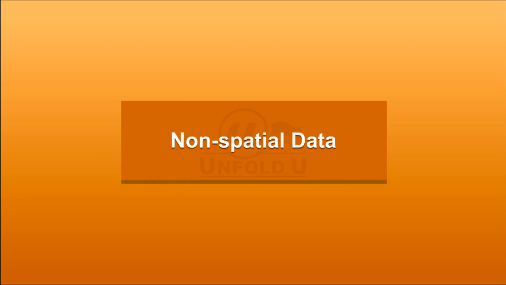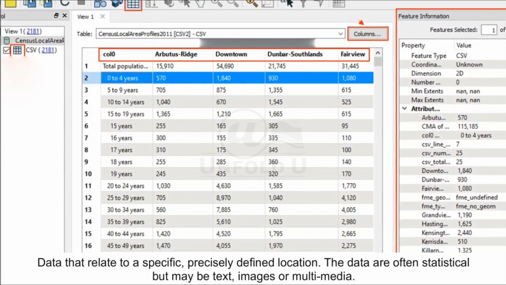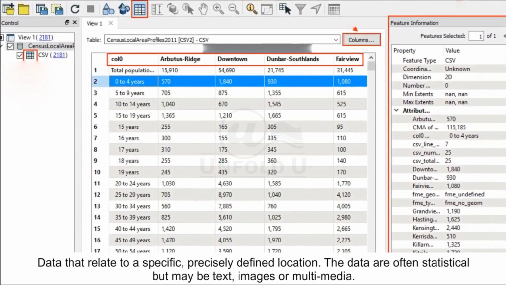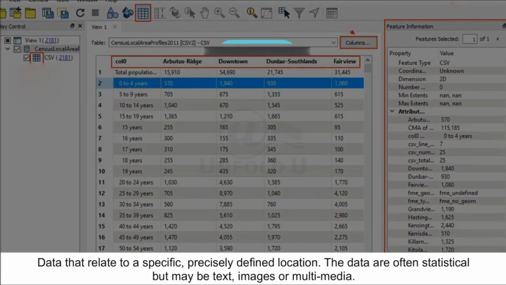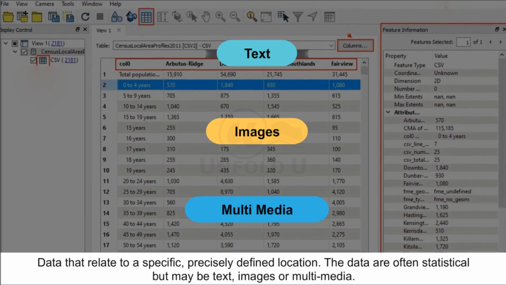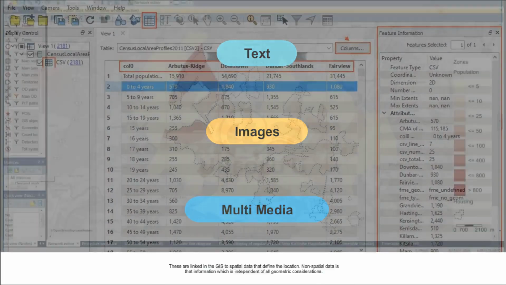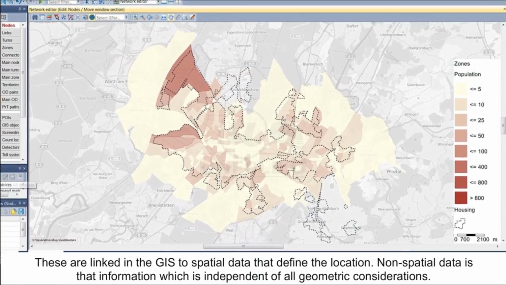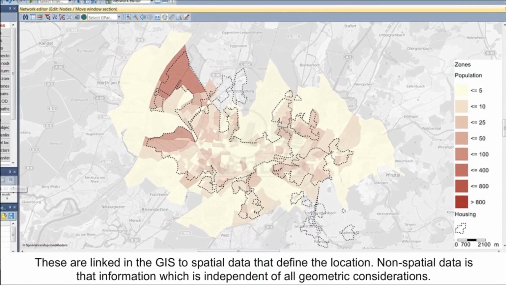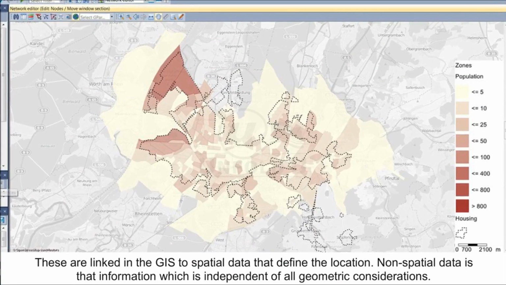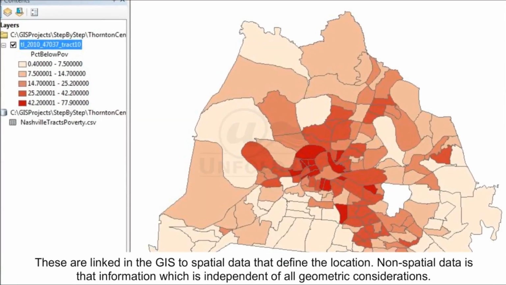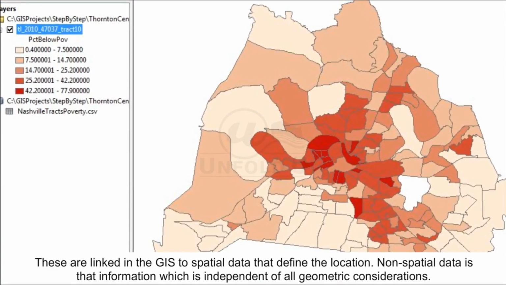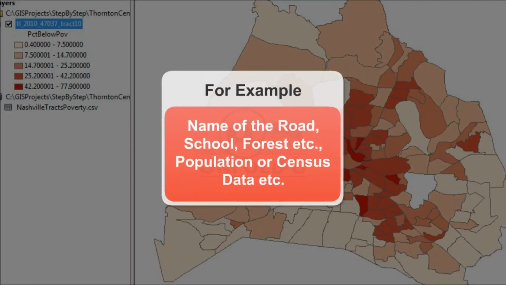Non-spatial data. Data that relate to a specific, precisely defined location. The data are often statistical, but may be text, images, or multimedia. These are linked in the GIS to spatial data that define the location. Non-spatial data, also called attribute or characteristic data, is that information which is independent of all geometric considerations. For example,